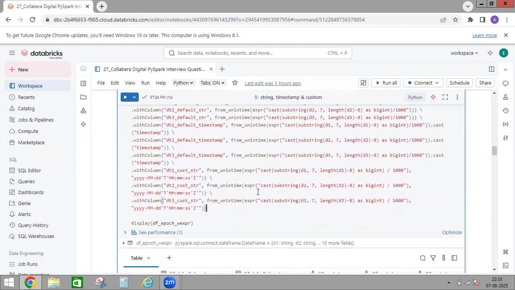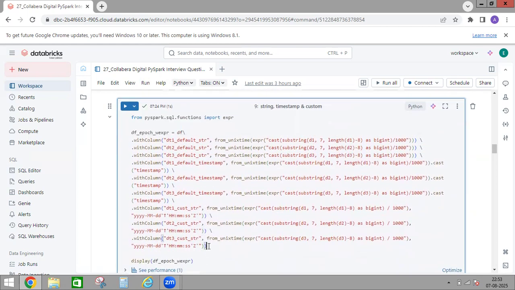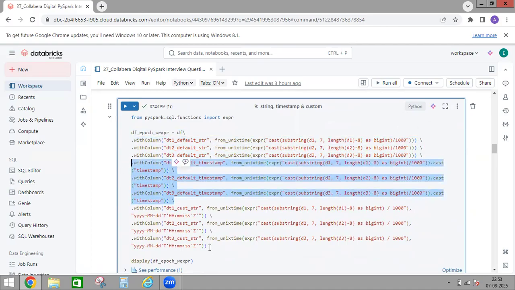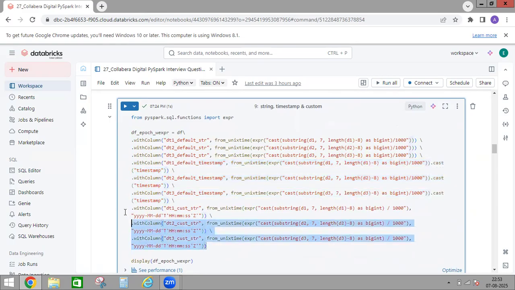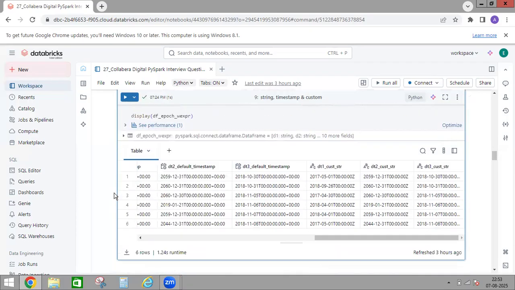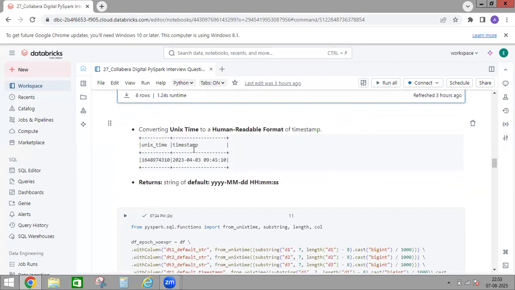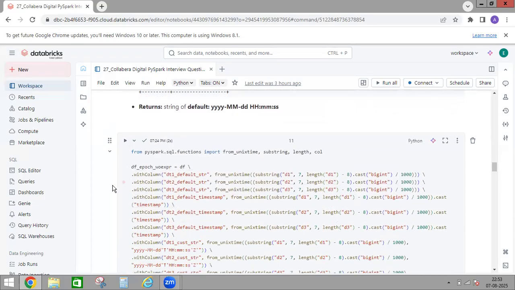Based on your requirement, you can follow any of these methods. If you want only the string value, you can do it like this. If you want to convert into timestamp format, you can do it like this. And if you want any custom format, you can do it like this. This we already discussed. In a similar way, what we can do is